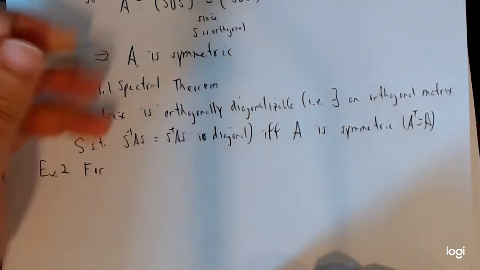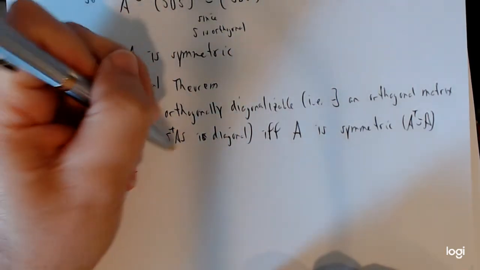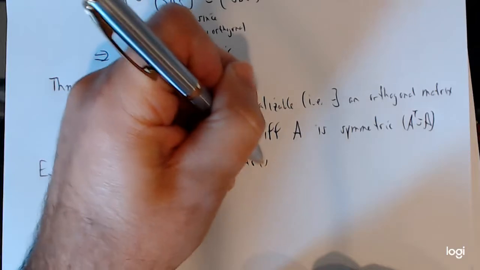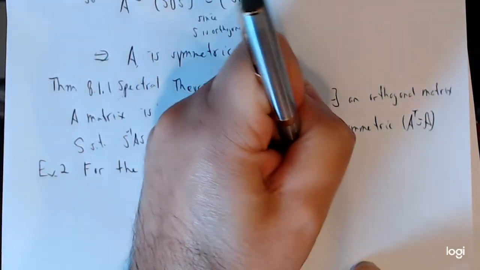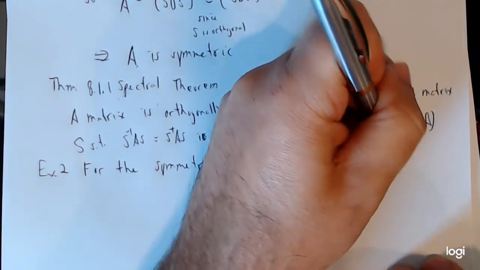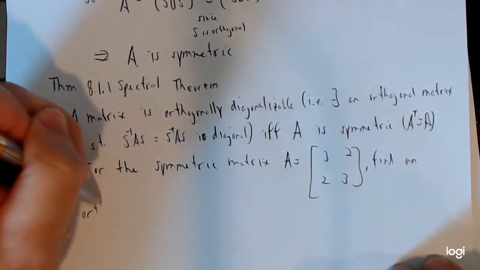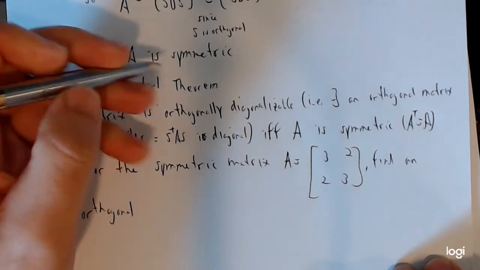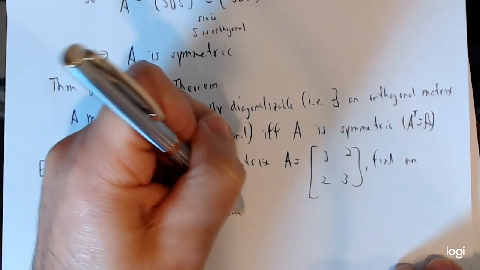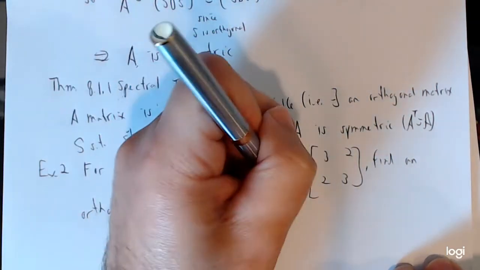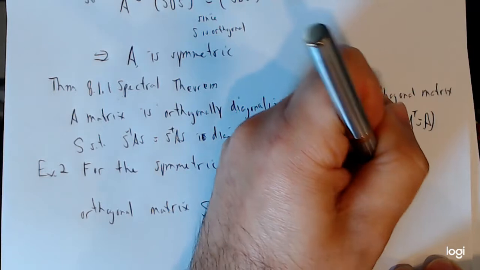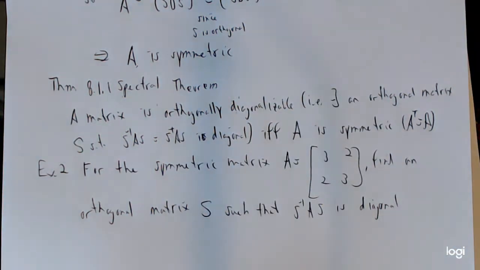So let's go on to the second example. For the symmetric matrix A, which is defined as 3, 2, 2, 3, find an orthogonal matrix S such that S inverse AS is diagonal. Okay. So what's going to happen now is, now you're going to say, okay, well, we know that this